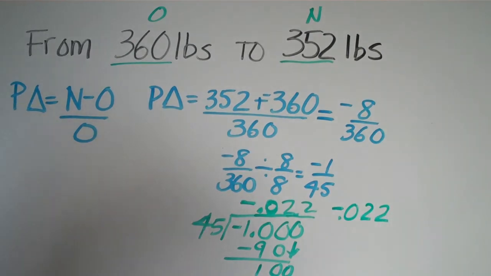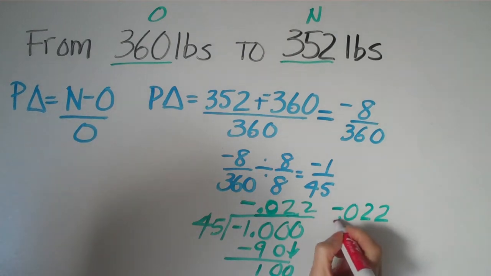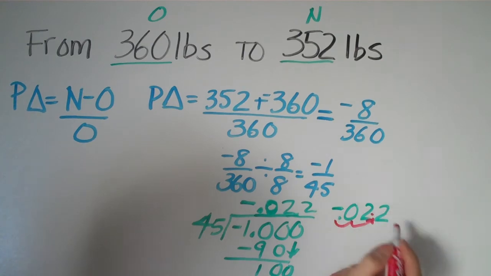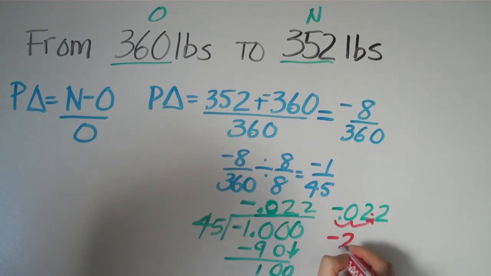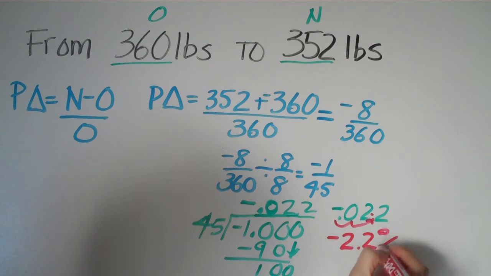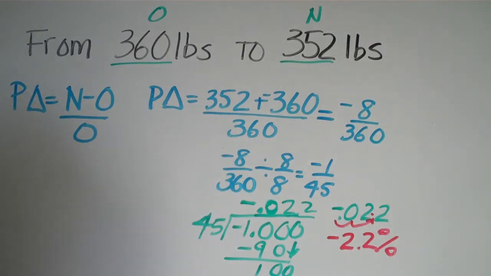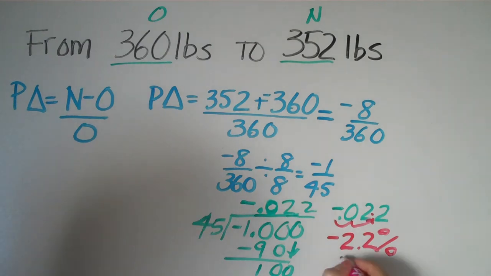22 thousandths, but you know we don't have our final answer yet because we're looking for a percent. So what we're going to have to do is move that 2 spaces over and add our decimal right there, and our final answer is negative 2.2%. And if somebody asked you to round that to the nearest percent, well, it simply would be negative 2%